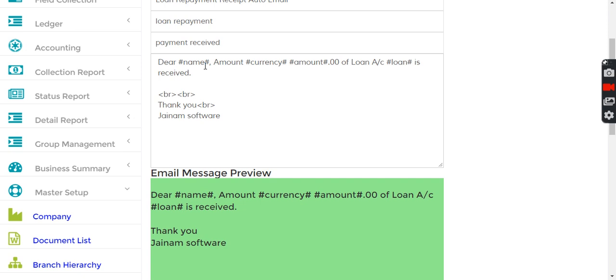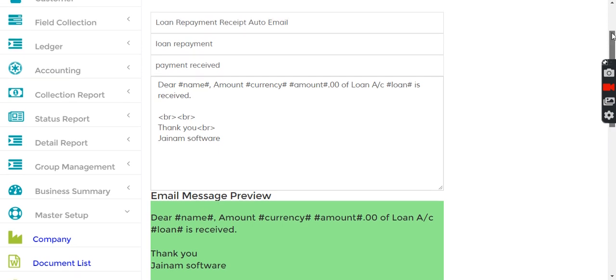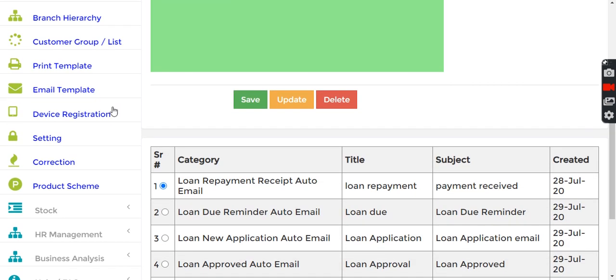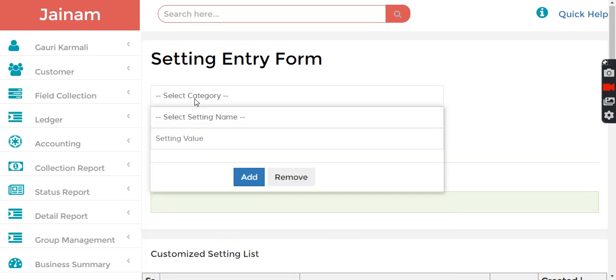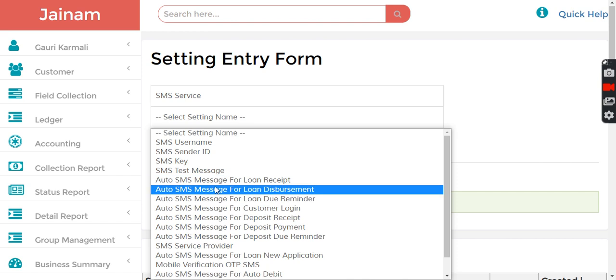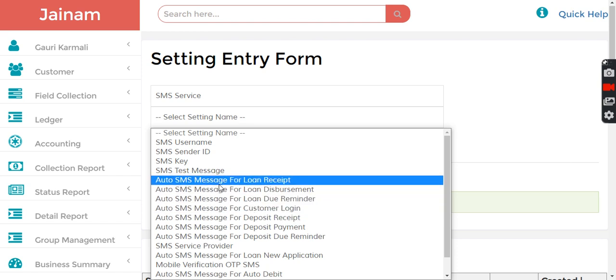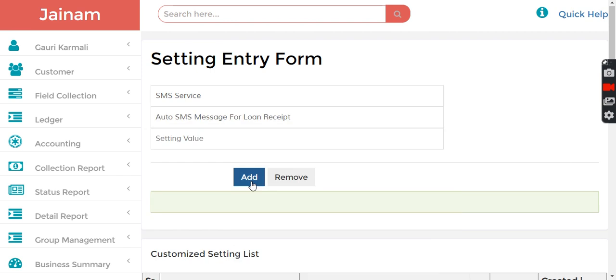If you want to know more about these variables, you can just go to setting. In setting there's SMS service, and in SMS service you can see all the same auto SMS messages, for example for loan receipt.